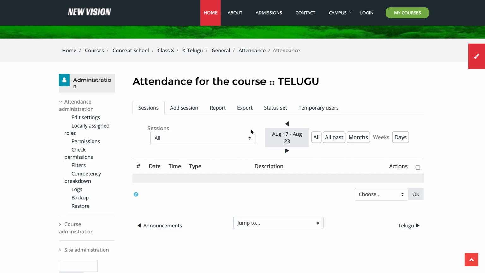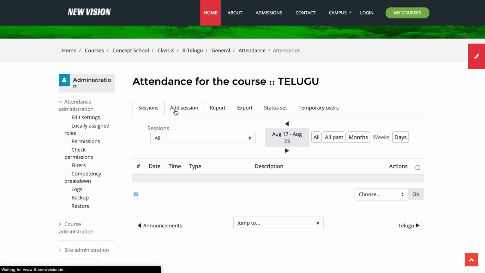Because a student need not exactly log in at 9 o'clock, read Telugu subject till 9:45 and close it. He has all the freedom to open Telugu subject anytime from morning 6 o'clock or round the clock, 24 by 7. Alright, let me first show you. There is a button here called add session.